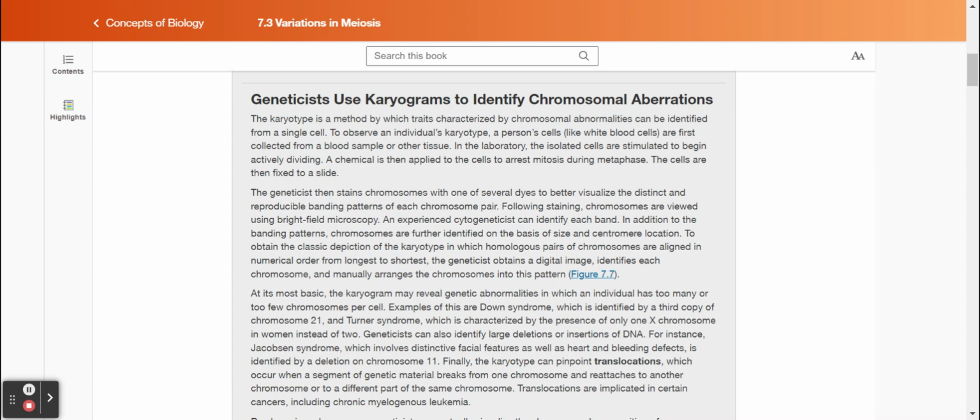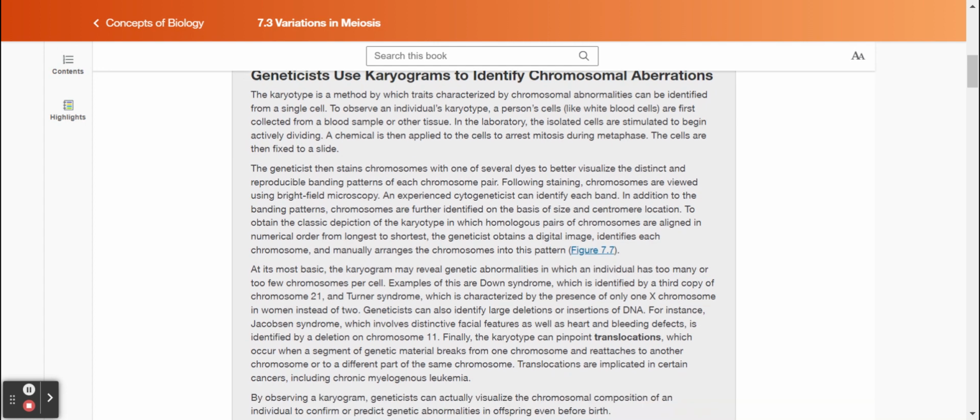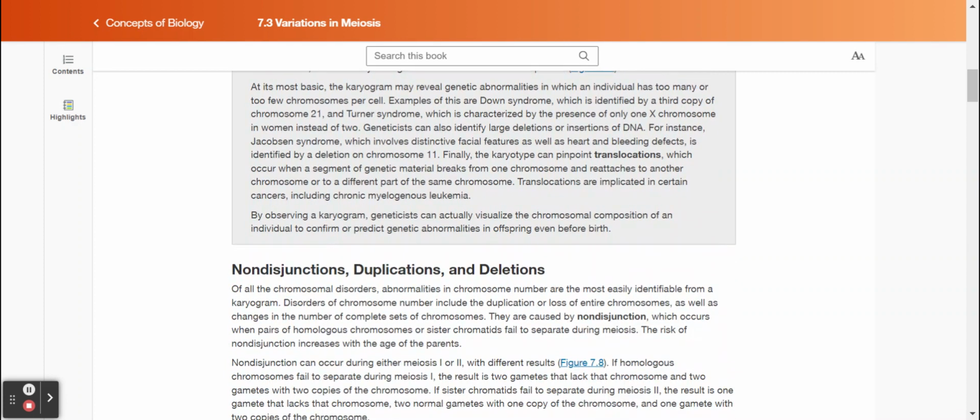To obtain the classic depiction of the karyotype, in which homologous pairs of chromosomes are aligned in numerical order from longest to shortest, the geneticist obtains a digital image, identifies each chromosome, and manually arranges the chromosomes into this pattern. At its most basic, the karyogram may reveal genetic abnormalities in which an individual has too many or too few